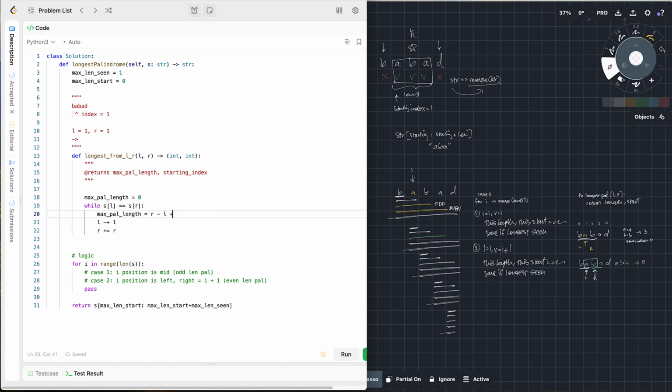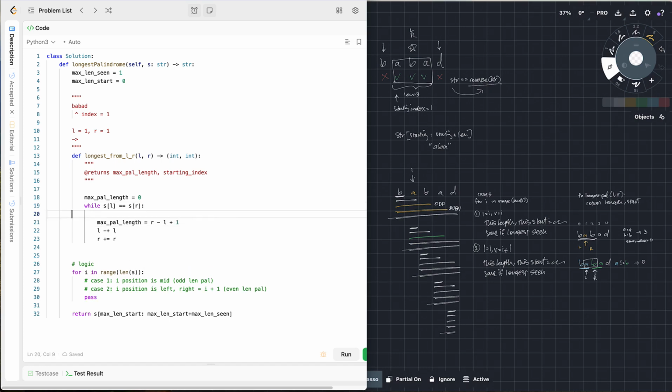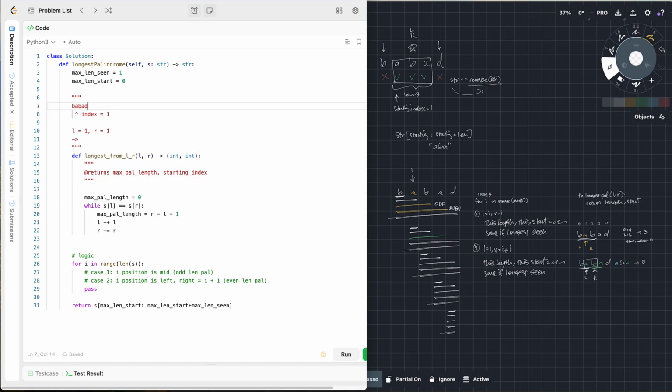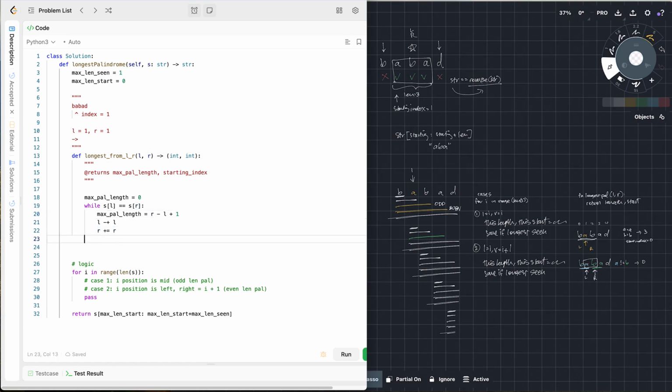I think you have to do a +1 here, right? Because let's say L is 0 and R is 2, then 2 minus 0 would be 2, but that's not the length. The length would be 3, so you have to do the +1 to offset it, right? And then you can return max palindrome length at the end of this,